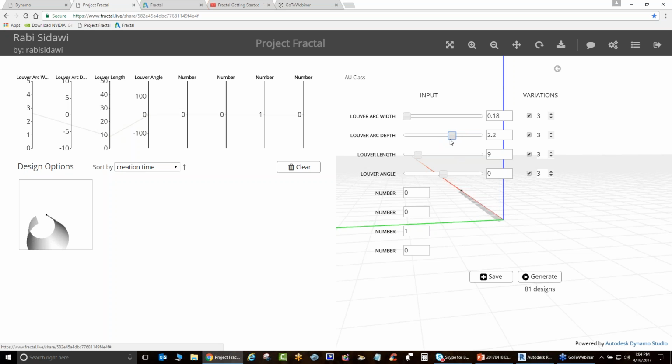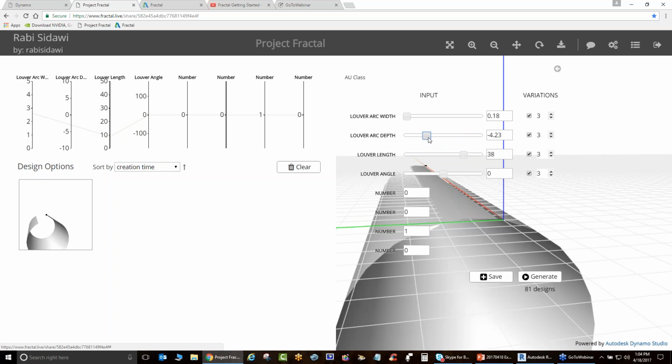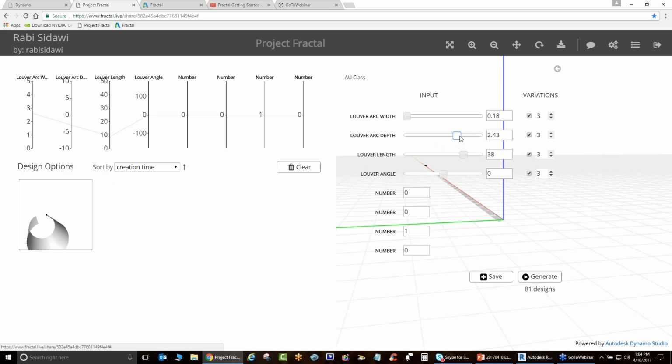You can see the louver, supposed to be a louver, is getting longer, taller, or more circular by doing this. So just for the fun of it, I'm going to make it like that, and we'll decide on how many variations we have here, different numbers,